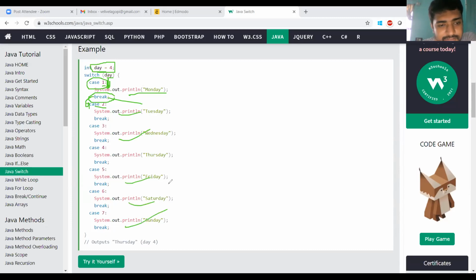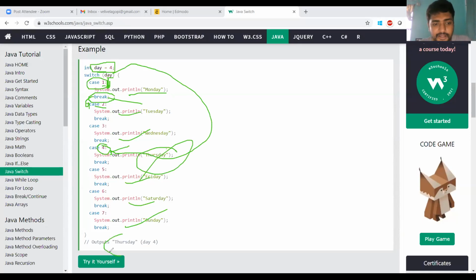The day value is 4, that means case 4. So the control has to print the fourth statement, that is Thursday. Thursday will be the output. This is how we can implement switch cases.